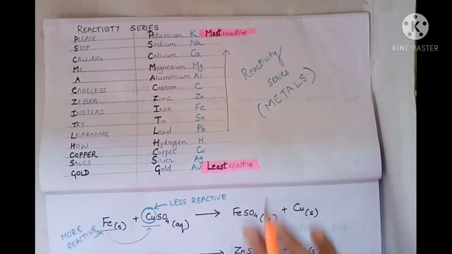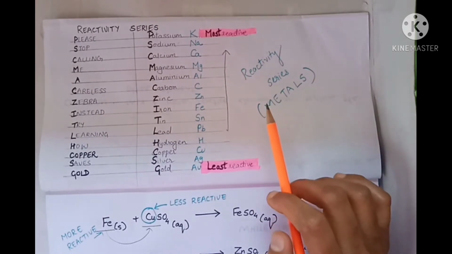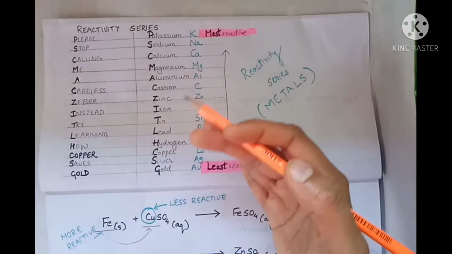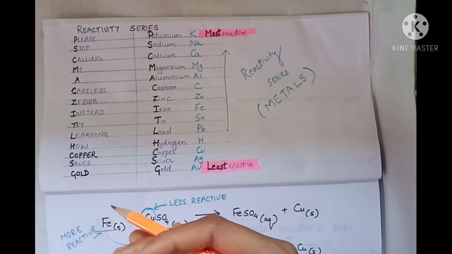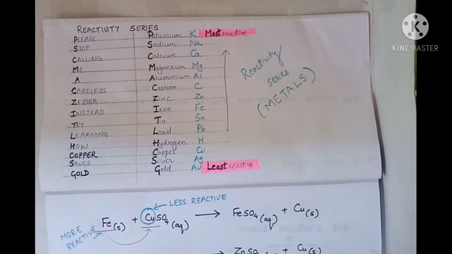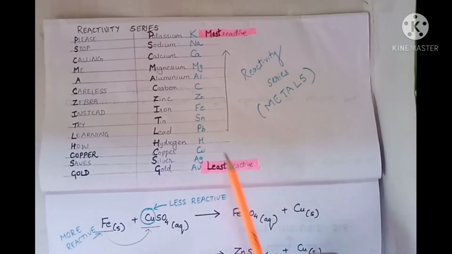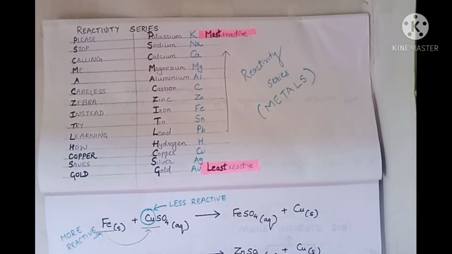Okay, this is what you have to remember if you are asked to write the result of a reaction. Okay, so we have also the reactivity series for non-metals, but here we will be discussing only about metals. As metals we have more reactive to least reactive, similarly we have non-metals also, the most reactive to the least reactive ones. So using this we will go with a few of the equations.